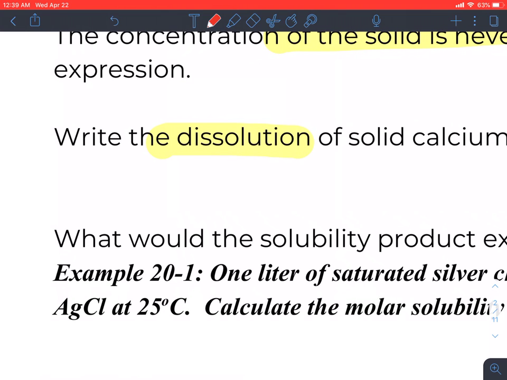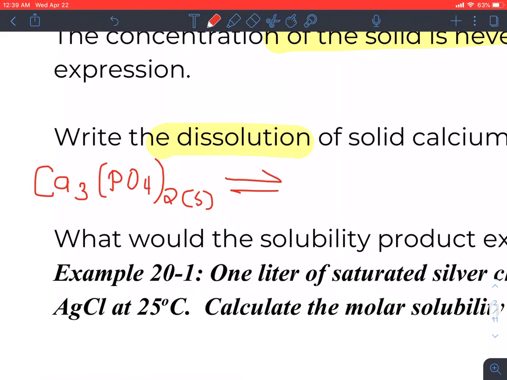We know that calcium phosphate is Ca3(PO4)2, and that would be a solid. When it dissolves, if you think about your solubility rules, we place it in water. You can either put water in the expression or not. It's up to you. I'm going to leave it out. It's going to produce 3 Ca2 plus ions